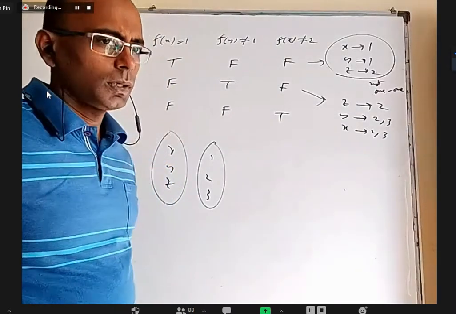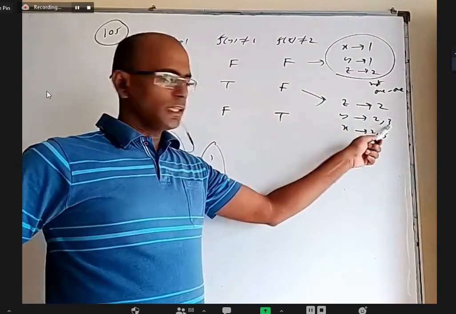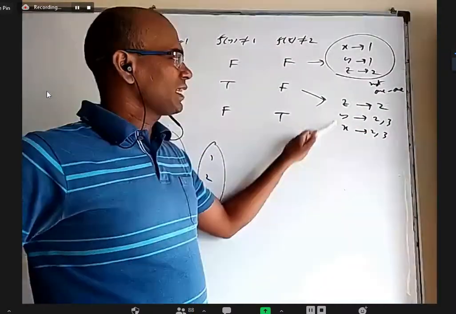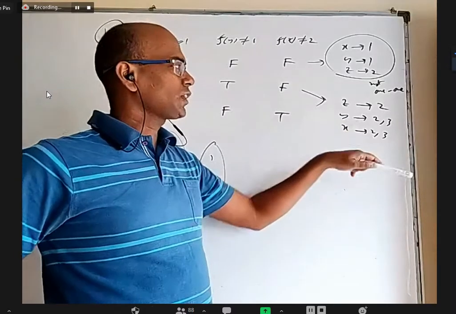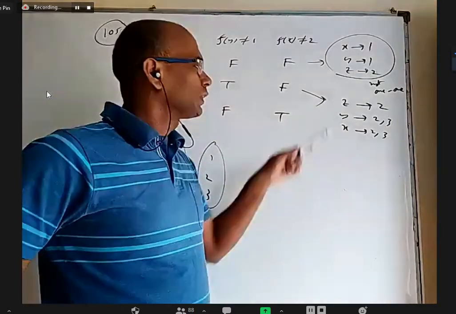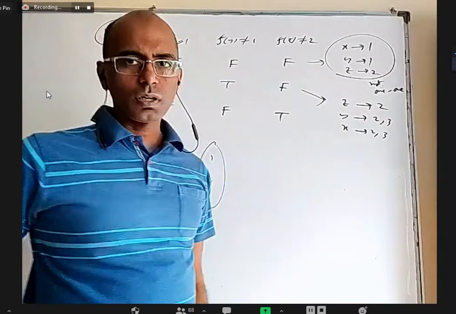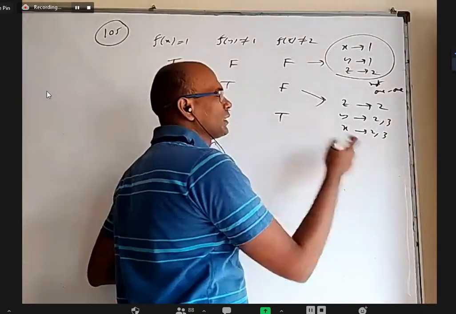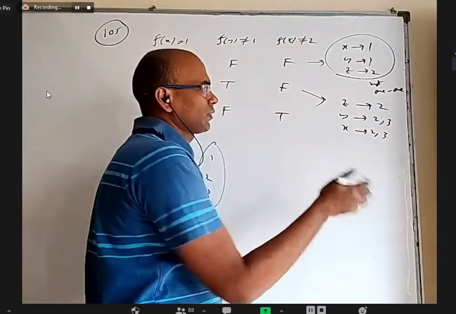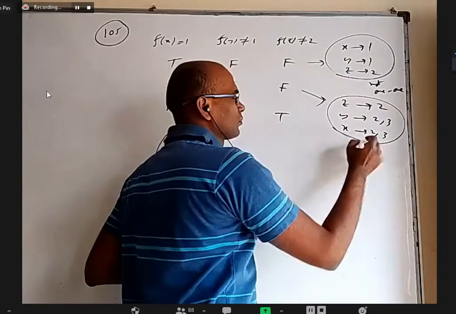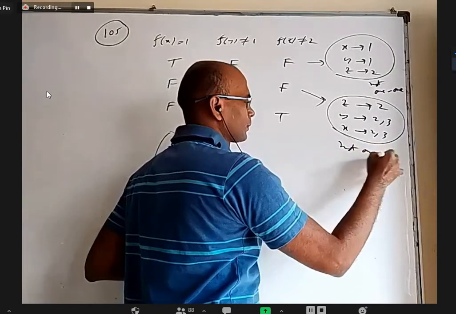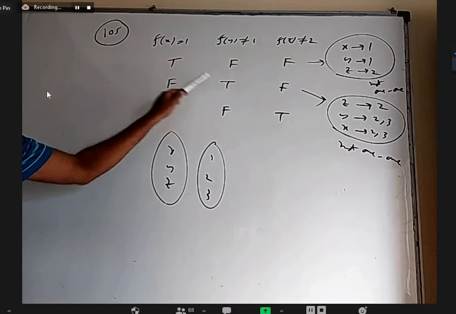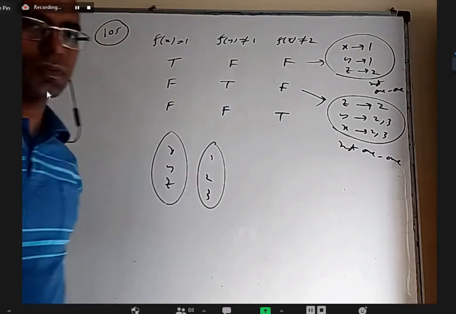No. If you connect y to 3, because z is already connected to 2, x and y both, if any one of them is connected to 2, then it will not be 1, 1. And if both are connected to 3 also, it will not be 1, 1. So with this data, that y should be connected to 2 or 3, x should be connected to 2 or 3, any one of them, it is not possible to make a 1, 1 function. So this is also not 1. So it is not possible that only the second statement is true and the other two are false and still the function is 1, 1. It is not possible.